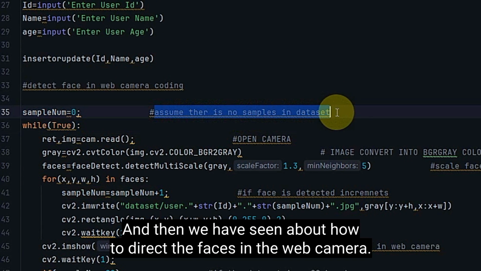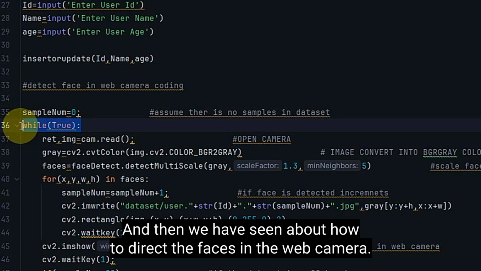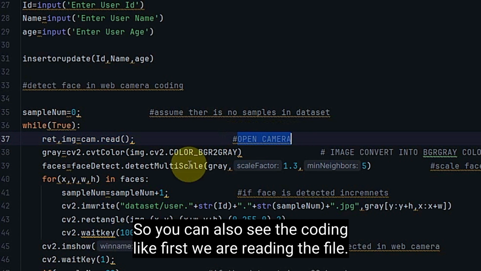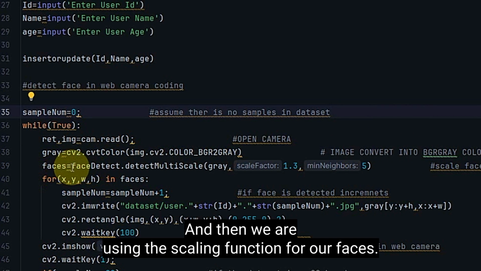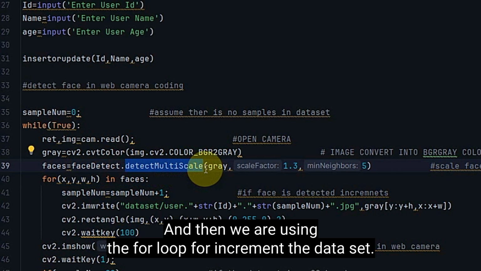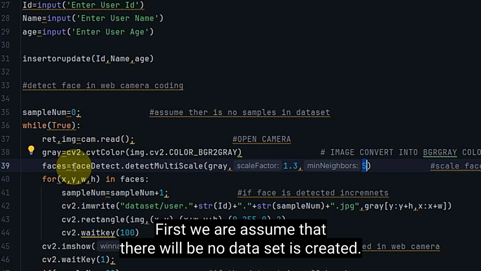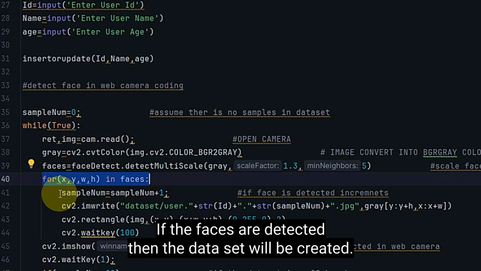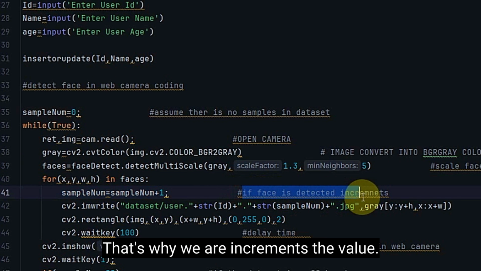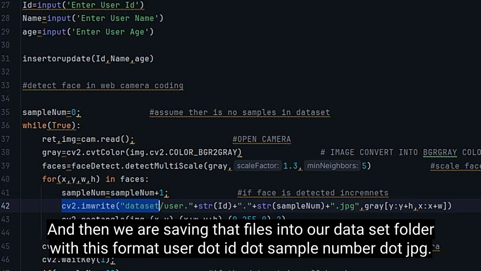And then we have seen about how to detect the faces in the web camera. So you can also see the codings. First we are reading the file and then we are converting this image into black and white. And then we are using the scaling function for our faces. And then we are using the for loop to increment the dataset. First we assume that no dataset is created. If the faces are detected, then the dataset will be created. That's why we increment the value and then we are saving those files into our dataset folder with this format